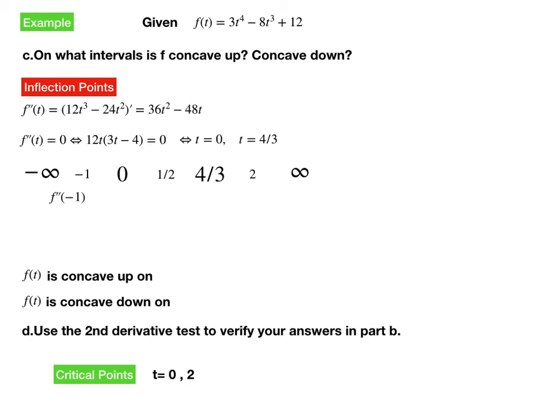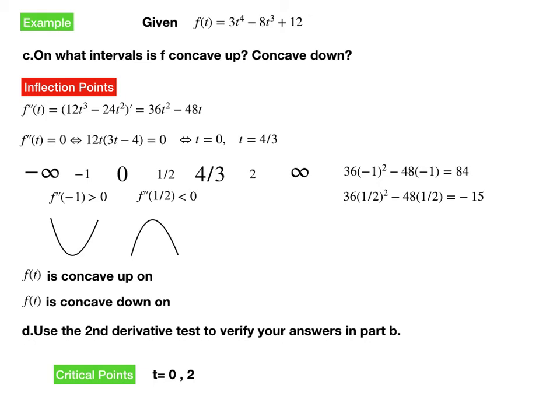Start with f double prime of -1, which is 84, which means it's positive, which means the function is concave up on this interval. Let's go to f double prime of 1/2, which is -15, which is negative,